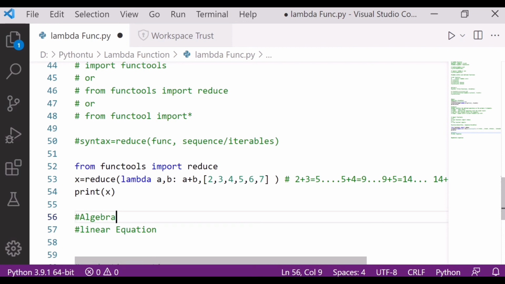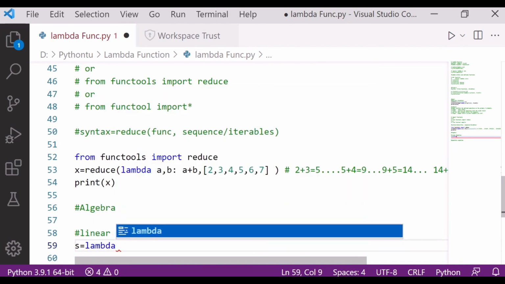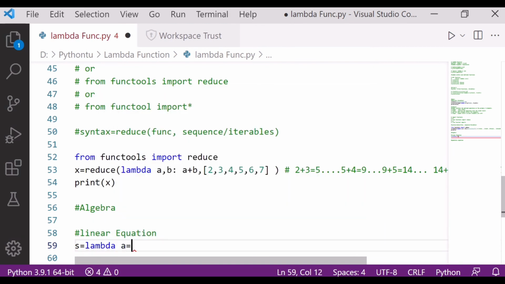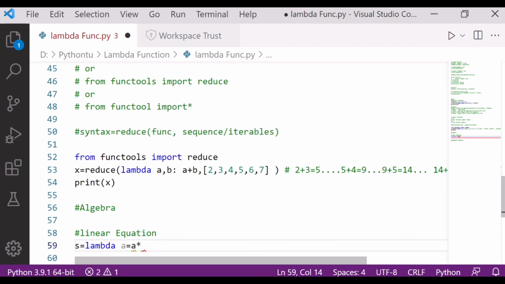Okay, so next is how to use lambda for algebra, the favorite thing. I love algebra. How to do that? Let's see that. Lambda for algebra. Let's perform it for linear equations. I hope you all know what linear equations are. So simply write down lambda a is equal to a multiply by a, and simply